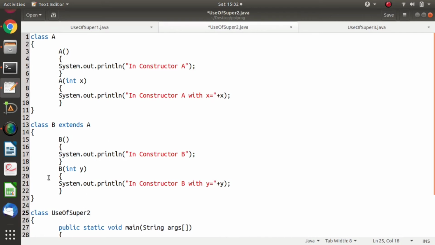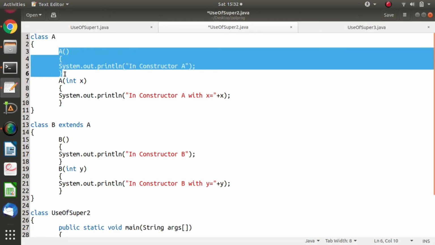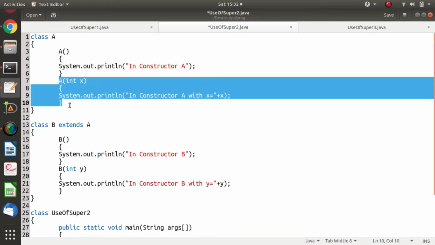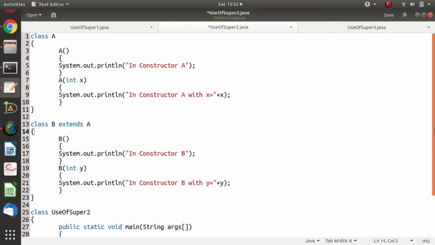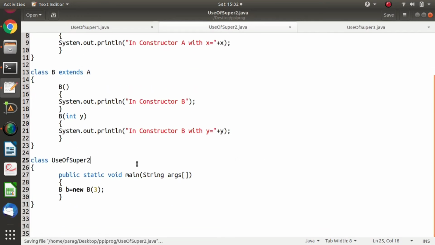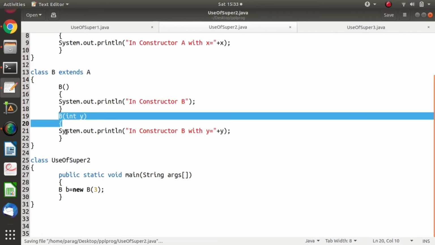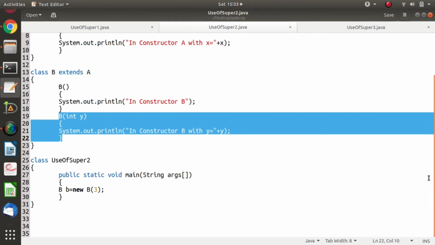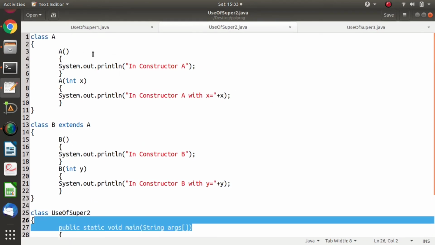Because when any constructor is run, by default it calls the constructor of the parent class. But in the parent class there are two constructors. Now the question is, which constructor will get run? We will check this.